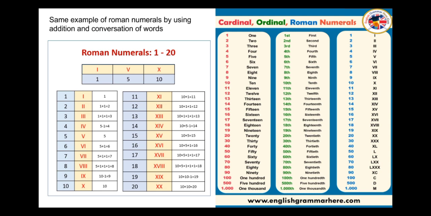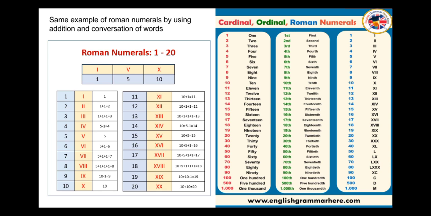30, we use the word of 30. 40, 50, 60, 70, 80 and 90, we use the words of 40 to 90. 100 we use the word 100, 500 we use 500, 1000 we use the word 1000. In ordinal, 1 is first, 2 is second, 3 is third, 4 is fourth, 5 is fifth,